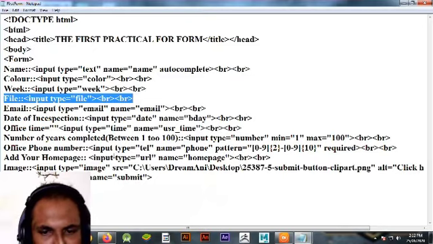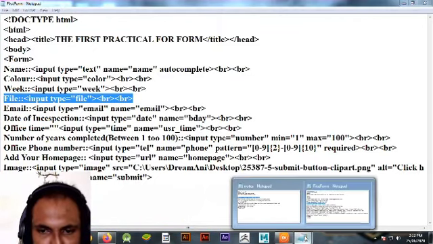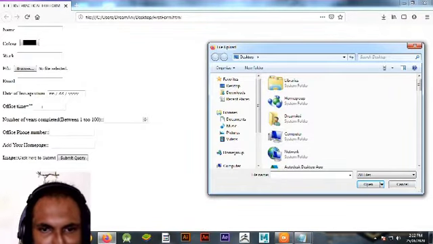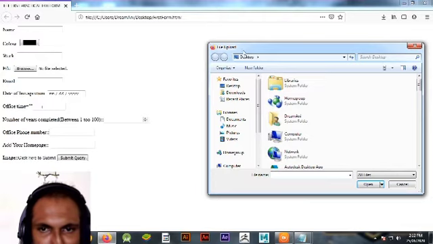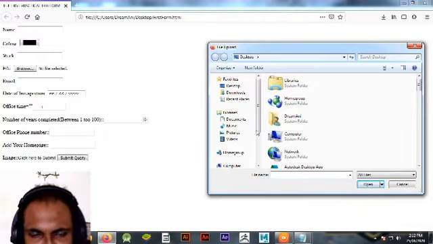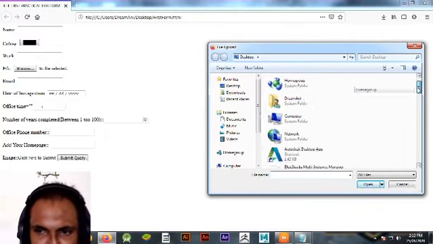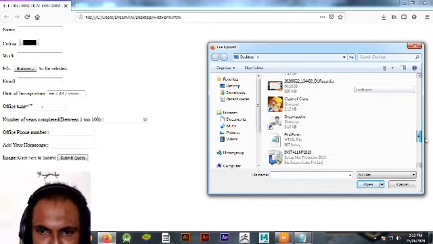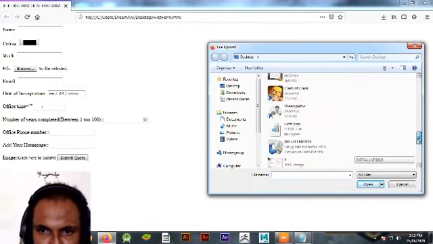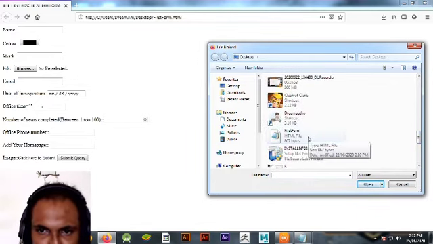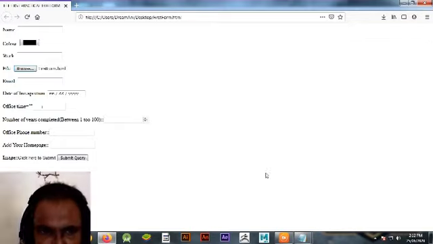Getting it? So now see, in the browser, if I click on browse, the explorer window opens so that you can choose a file. Suppose I am choosing this file, the form, then it gets selected here.